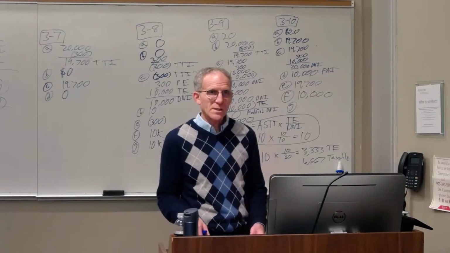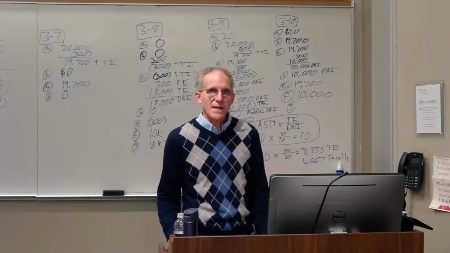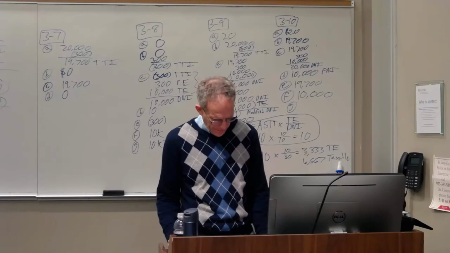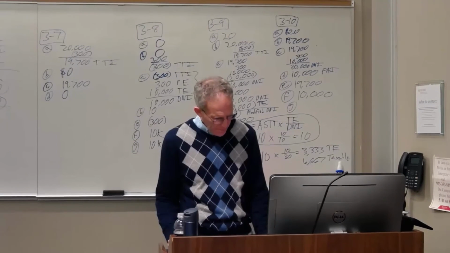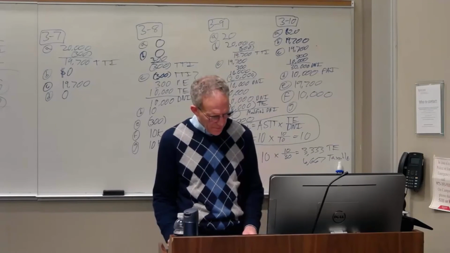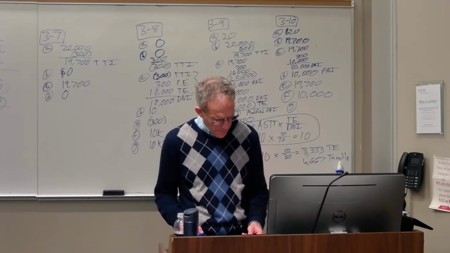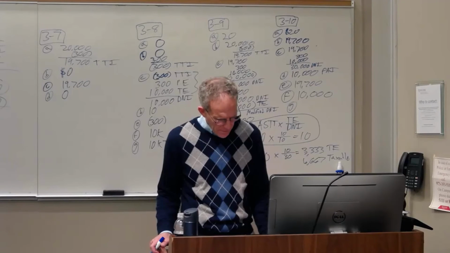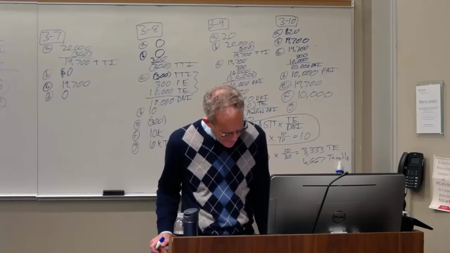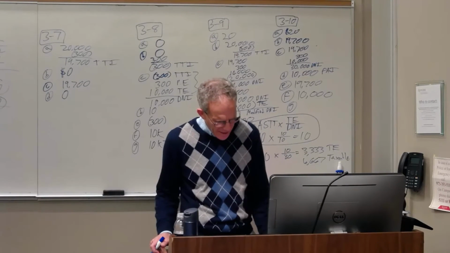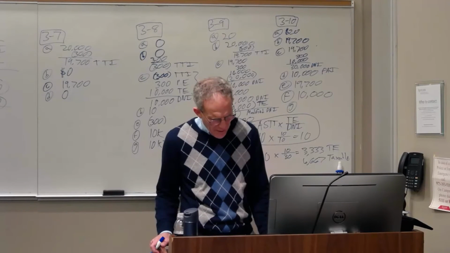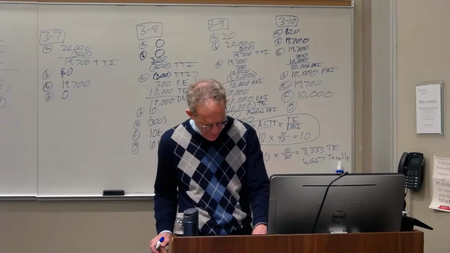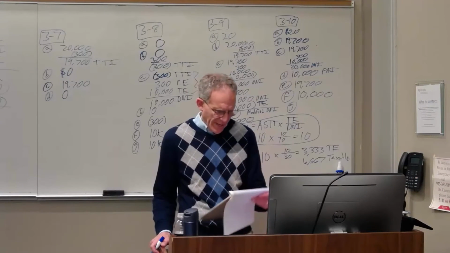So for your notes, sister has $10,000 of tax exempt income. (3-11) Calculate the fiduciary accounting income from problem 2-2. That's on page 103. What is the fiduciary accounting income?